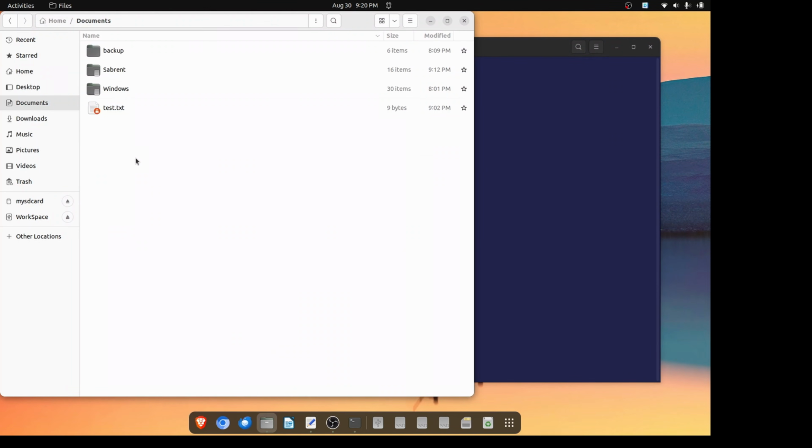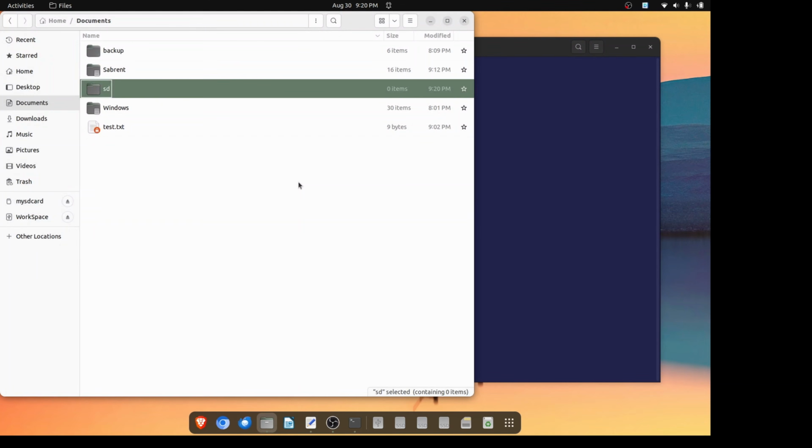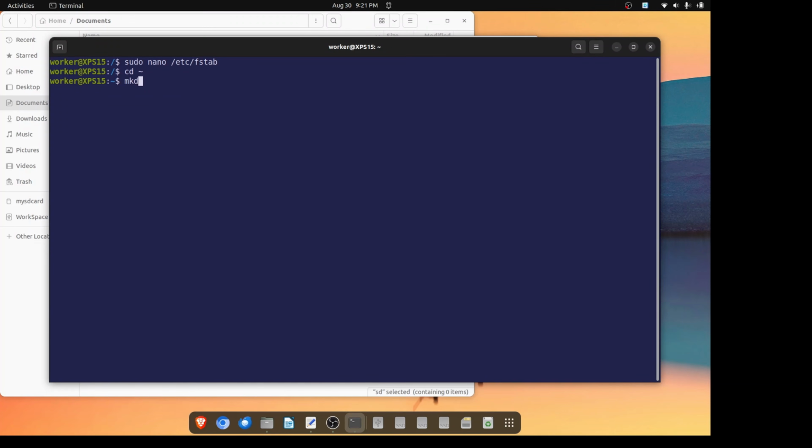I like to put my devices in my Documents folder because it is always accessible and easy to find in the Files app. Now, in order to mount this device into that folder called SD, it must exist. Currently, it does not exist. So the final step is to go to Files and make the SD folder in Documents, and we'll just use the Files app. Or via command line, it is mkdir